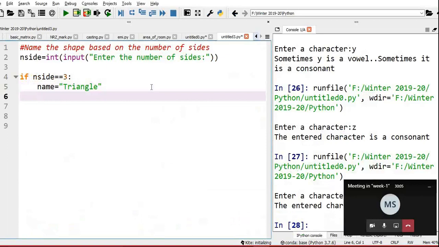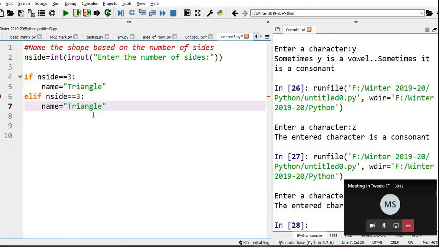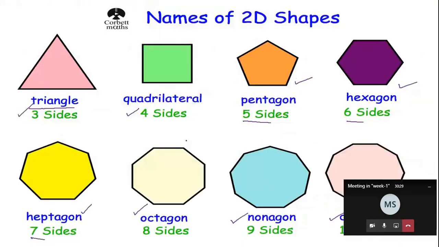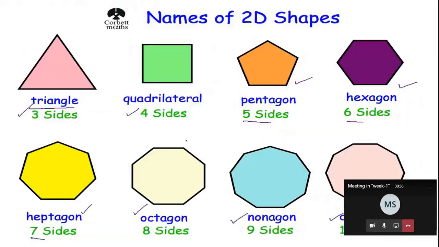Then elif, if the number of sides is 4, what is the name? Quadrilateral, is that right? Let me check. Okay.